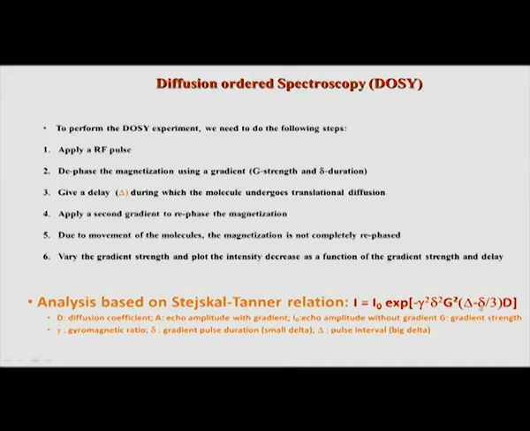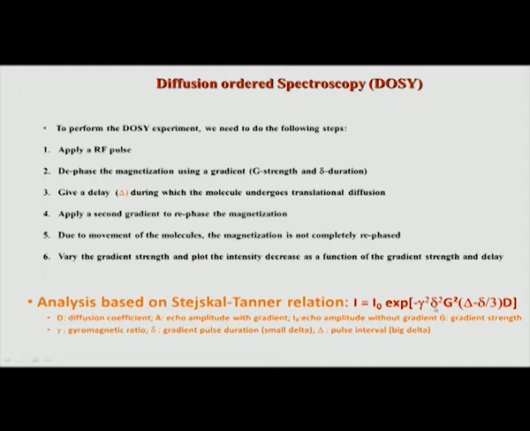Delta is the diffusion delay which we gave, a long delay here, and that is typically of the order of 100 or 200 or 300 milliseconds. That all depends on two factors. One is how strong the diffusion is, and second is the T1 relaxation of the sample, or T2. This is the gradient strength. This is what we described, that this product G into delta come together.